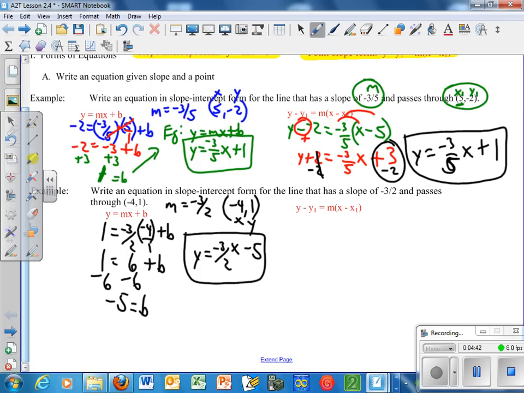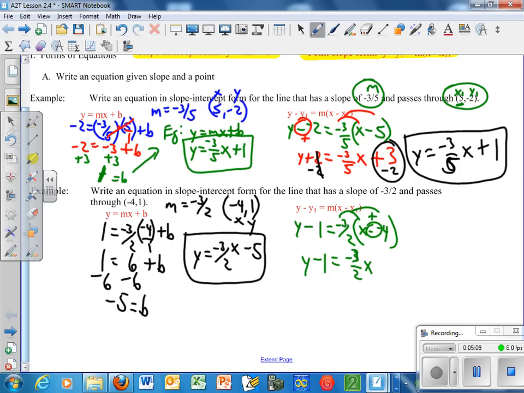Let's go through and do it with point-slope. So I'm going to do y minus my y value from my point, which is 1, equals the slope, negative 3/2, times x minus the x value, which is a negative 4. So that turns into a plus. So it's y minus 1 equals, you're going to distribute, so it's negative 3 halves x,